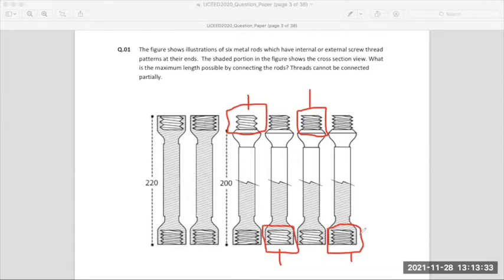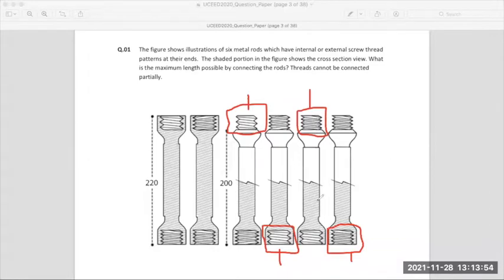Do you see this? Are you clear with this? Are you clear with this one, students? Hello? No. Yeah. So